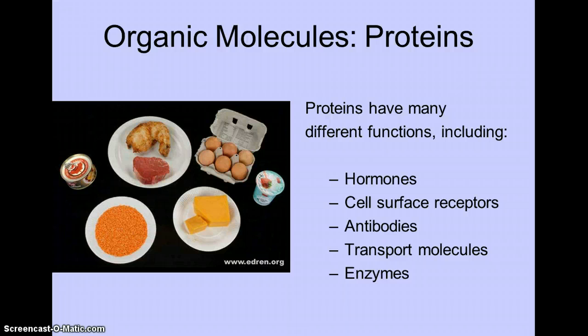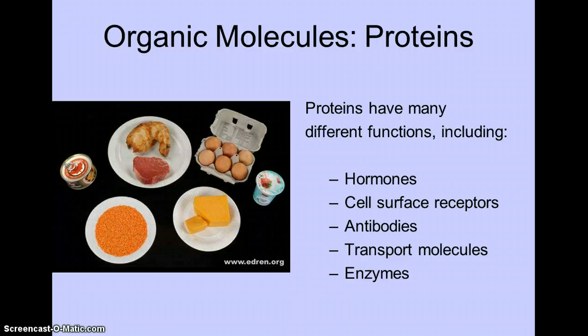As a rule, animal products are particularly high in protein. Protein-rich foods are important in the human diet because we use the proteins from these foods to build structures within our own bodies. Basically, we take proteins from the foods that we eat, break those proteins down through digestion into much smaller components known as amino acids, and then use those amino acids to make other proteins that our bodies need. I've got listed on the slide here some of the products that our bodies are able to produce using